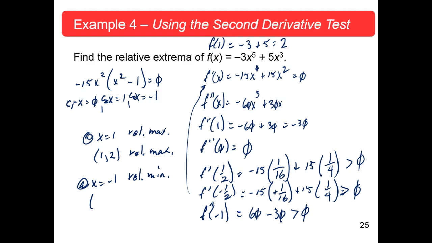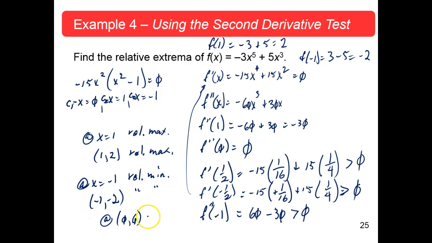Where do we plug that in? The original function. F of minus 1 is equal to what? Positive 3 minus 5, which is negative 2. So that's at negative 1, negative 2. It's a relative minimum. And at 0, 0, because that's what the value is, it's